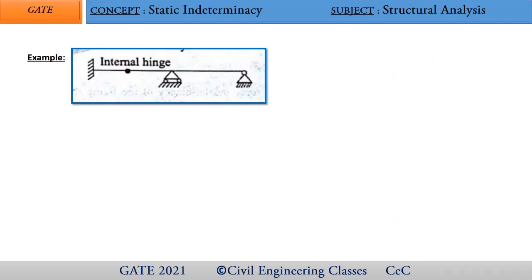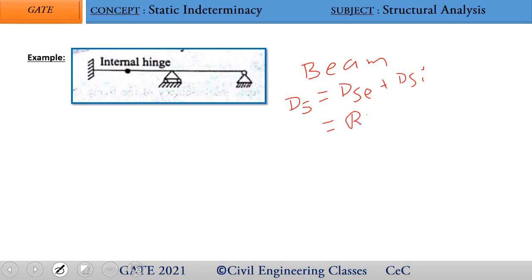So this is one more question. You can see here, the picture shows it is a beam. Okay. And it is 2-dimensional, only in a single plane. So for a beam, what is the total static indeterminacy? That is external plus internal. Okay. So external is r minus 3 and internal is 0 for a beam.